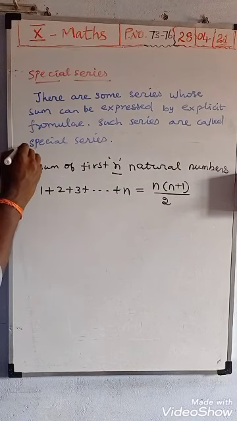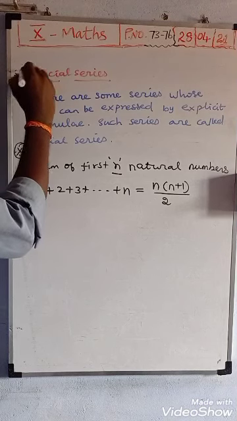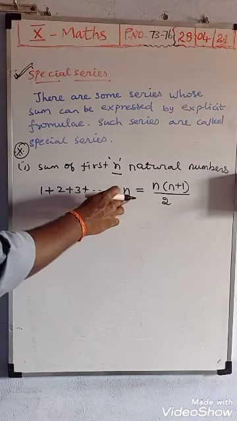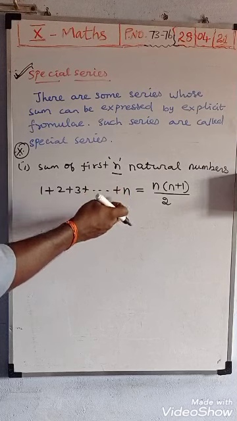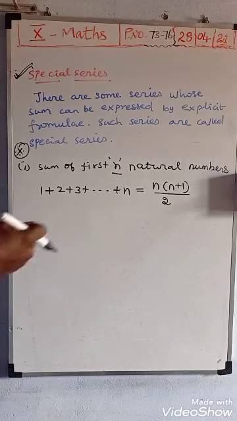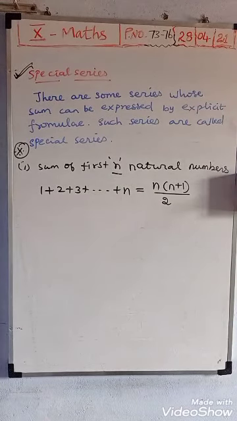Here we are going to use 5 formulas for special series. Those 5 formulas you also want to memorize. It is easy only. The sum of first n natural numbers, 1 plus 2 plus 3 plus up to n, directly the formula is n into n plus 1 by 2. Easily up to 50, 1000, 10,000, 30,000, 1 lakh, however many natural numbers, we can add easily with the help of this formula, n into n plus 1 by 2. n is the last one.